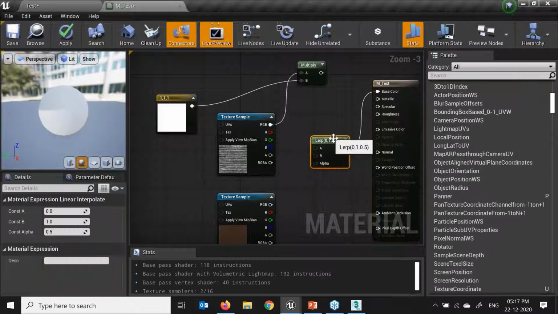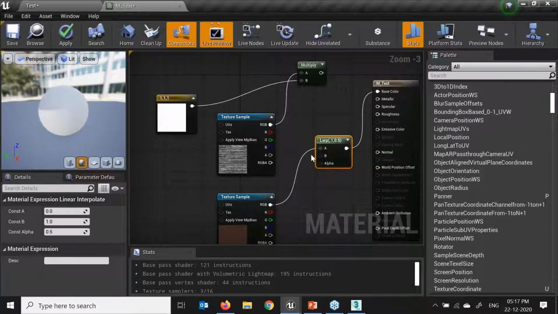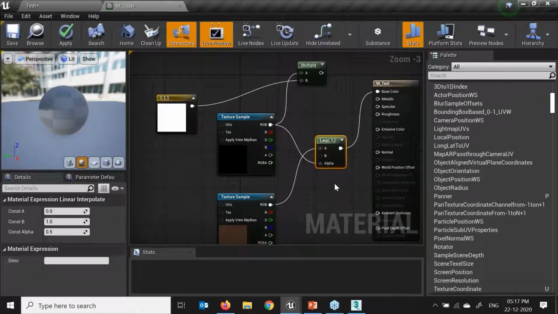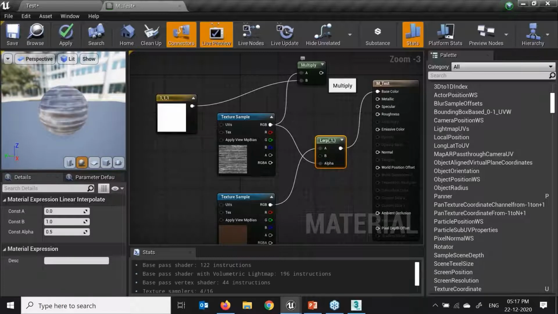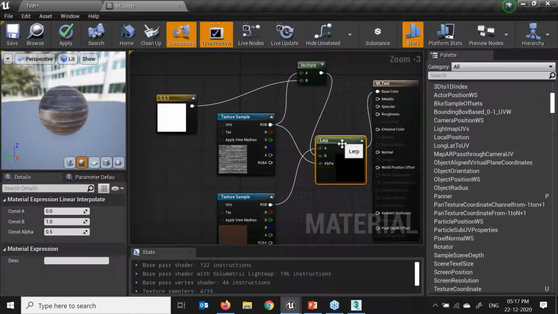As of now, I have not added textures to my material. Just click over here, I'm just dragging. My RGB will go to my alpha. This has to come into my alpha, and this A will go to my B. I'll just press this.